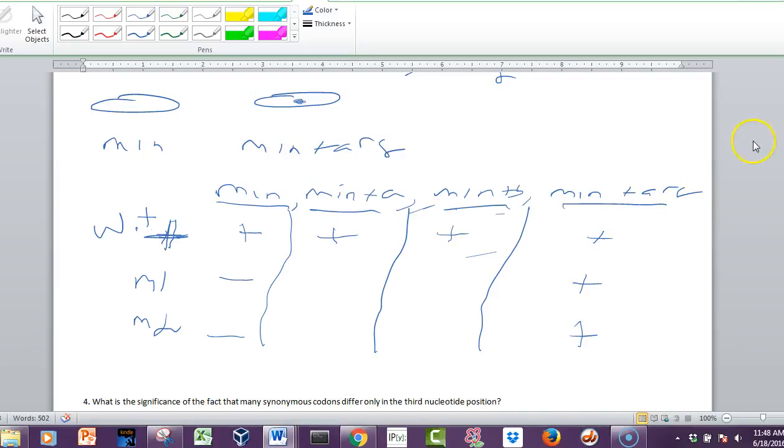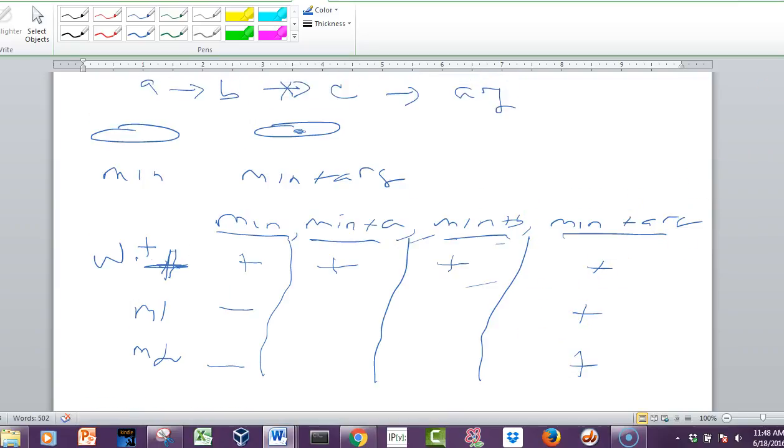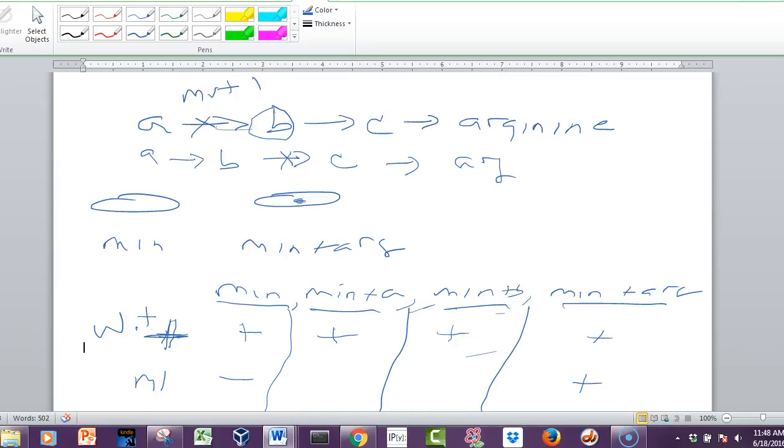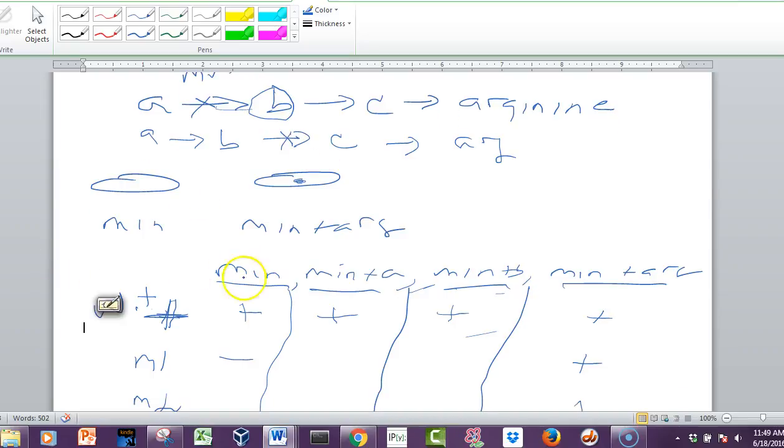But now if we look back up at where the mutants are blocked, mutant 1 is blocked at the step going from A to B. So as long as we add anything that's after that step, that mutant will be able to grow, because it is deficient in the ability to make B. If we add B, it should be able to grow. But if we add A, it won't be able to grow because it can't convert A to B. So that tells us that mutant 1 is at the step between A and B.